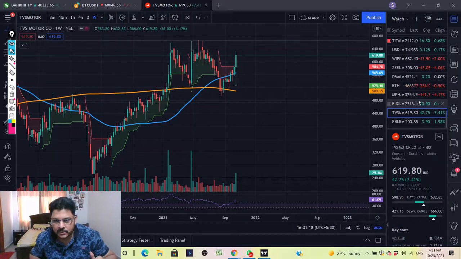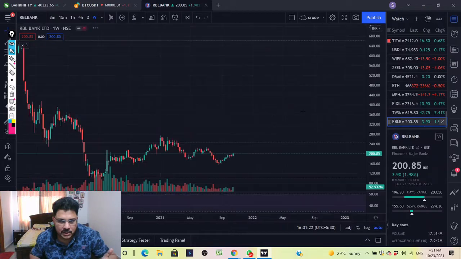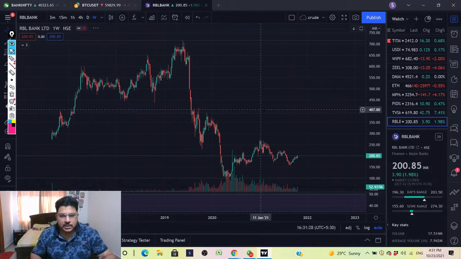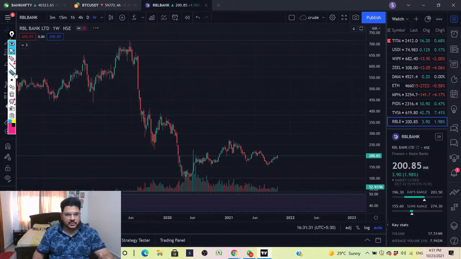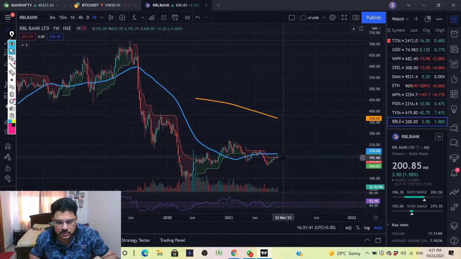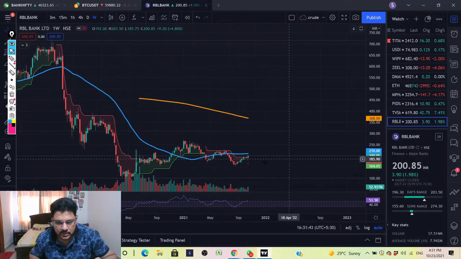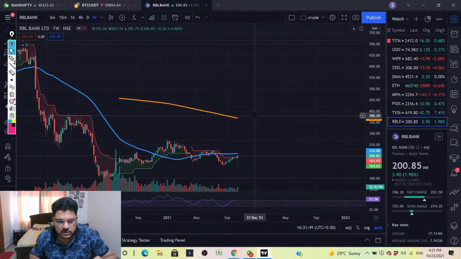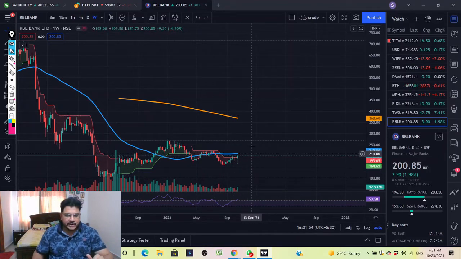So like that, there are many stocks which you can ride. RBL Bank is also giving entry on weekly super trend, but the stock is not meeting all our requirements because it's below the 200 period moving average. So this is not the stock which we are going to target. You can see this is 200 and this is 20, and the super trend is giving an entry, but this can be a low probability trade which can go up to 364, but it might take time. That is my say. It might take time, it may not come.